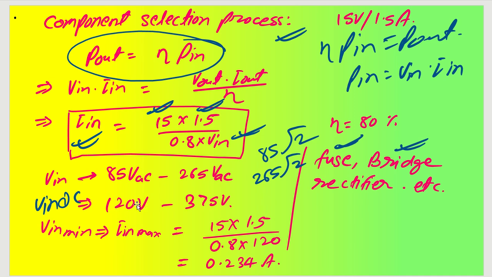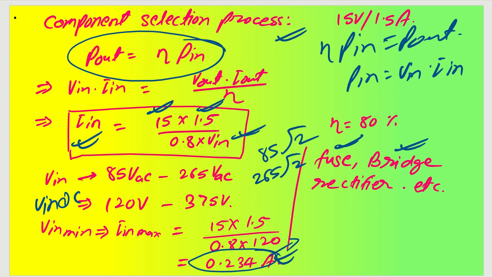Now, can you tell me when my input current will be maximum? When the input voltage is minimum, my input current will be maximum. That maximum current will be drawn from the AC mains. So the AC mains will have a maximum current draw of 0.234 ampere. This is the parameter you have to keep in mind, and you have to select a fuse based